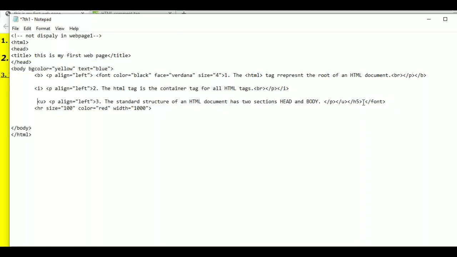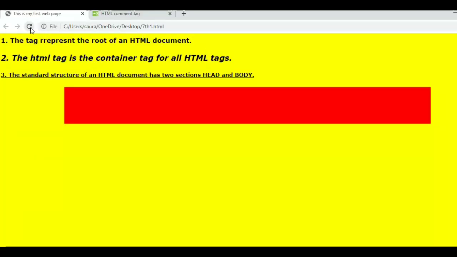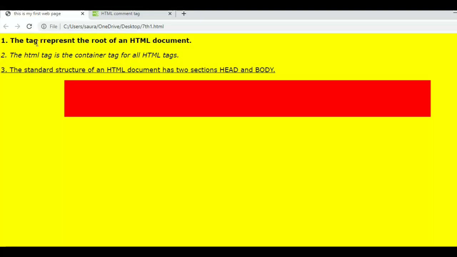So after removing the heading tag, let's save it, and after saving it, let's run and watch that the first is bold, second is italic, third is underlined, but the size of all lines is the same and font is also the same.